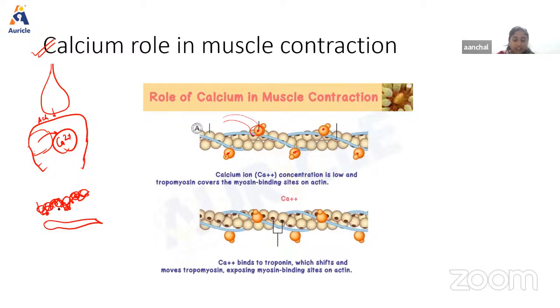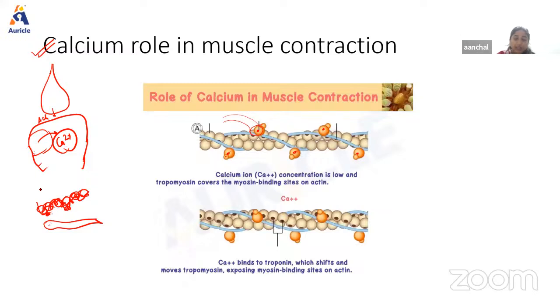Now, in relaxed condition, the active site of F-actin is covered by tropomyosin, as we can see. So if the active site is covered by tropomyosin, the myosin head cannot bind with the